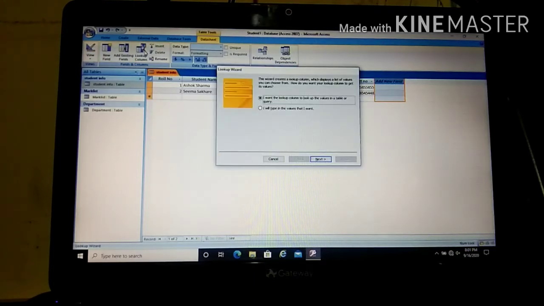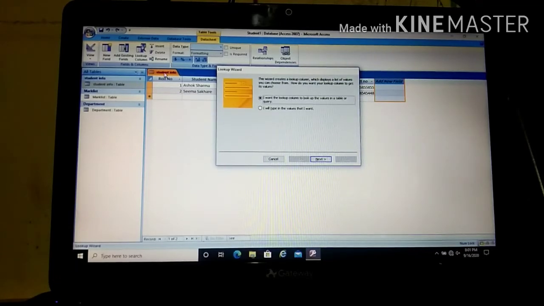When you click on this, a dialog box will appear. Here, remember one thing, you have to select the first radio button, that is, I want the lookup column to look up the values in the table or query.